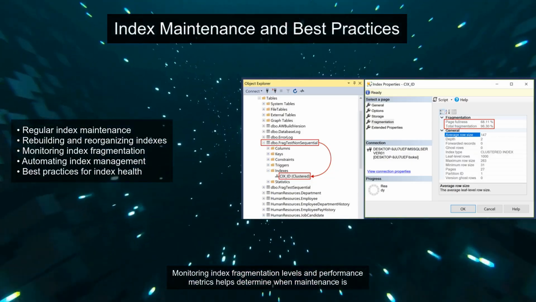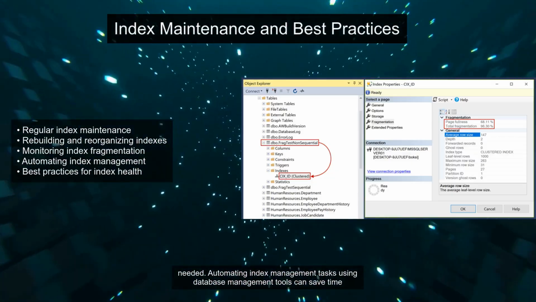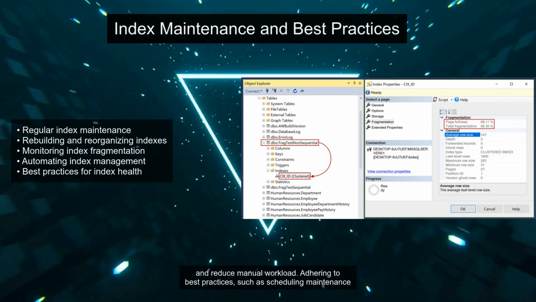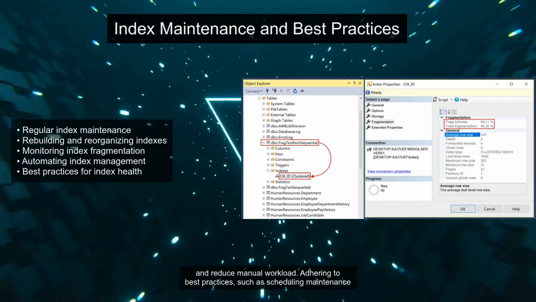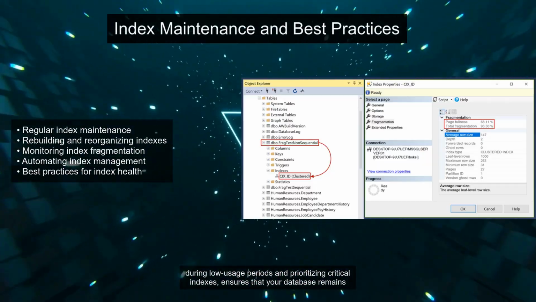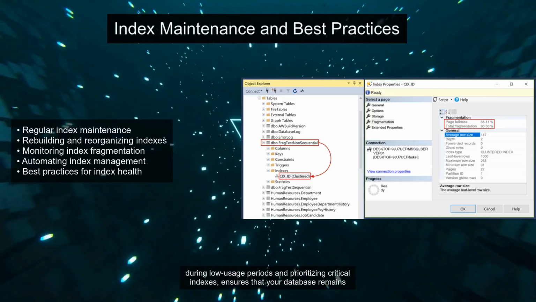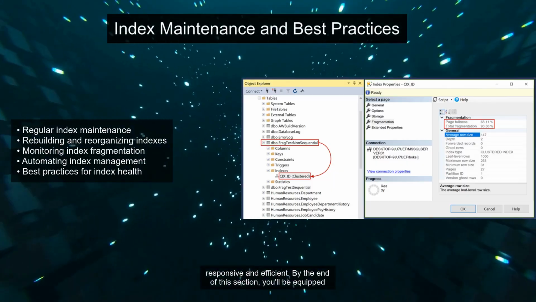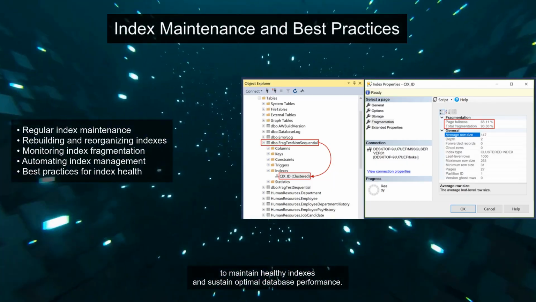Monitoring index fragmentation levels and performance metrics helps determine when maintenance is needed. Automating index management tasks using database management tools can save time and reduce manual workload. Adhering to best practices, such as scheduling maintenance during low usage periods and prioritizing critical indexes, ensures that your database remains responsive and efficient. By the end of this section, you'll be equipped to maintain healthy indexes and sustain optimal